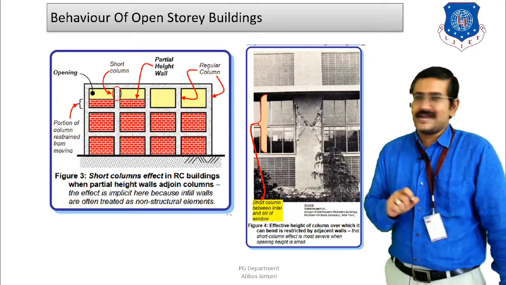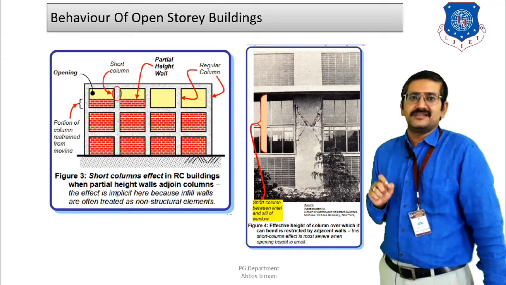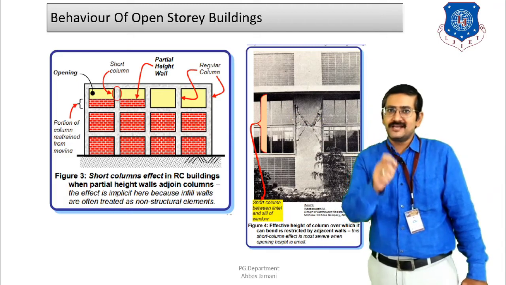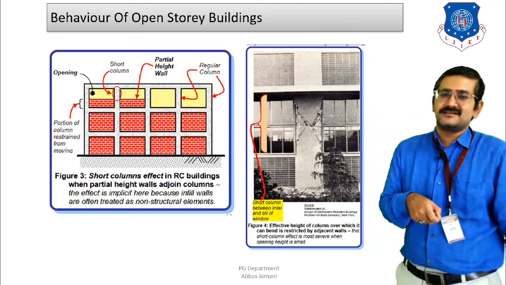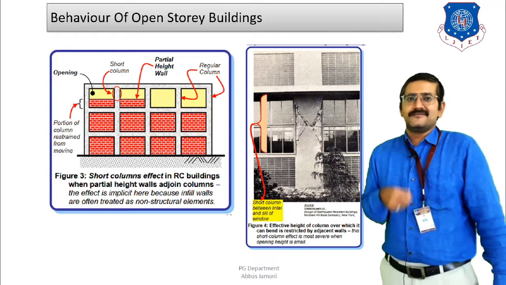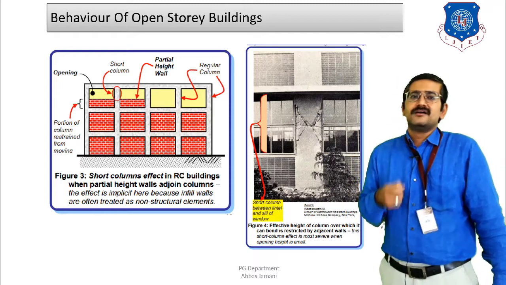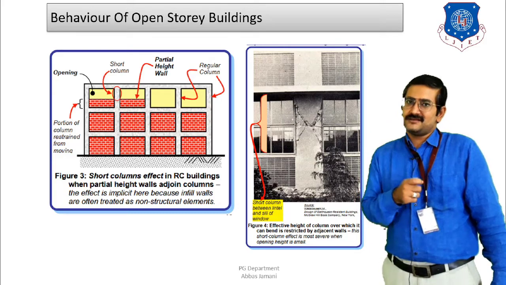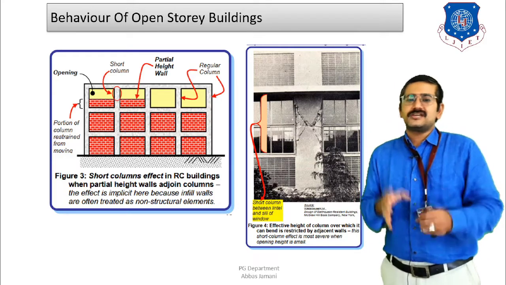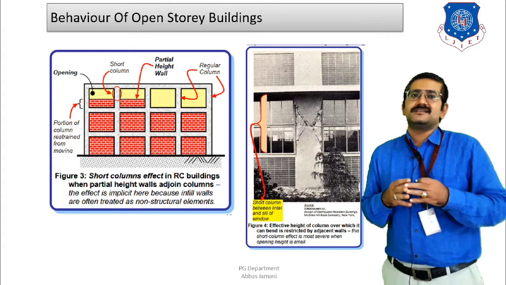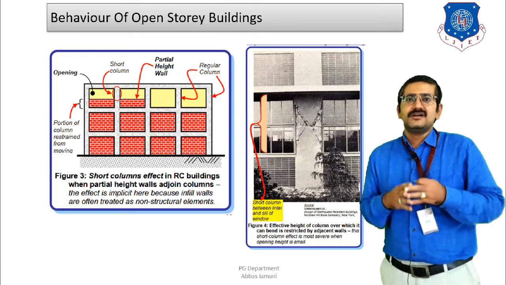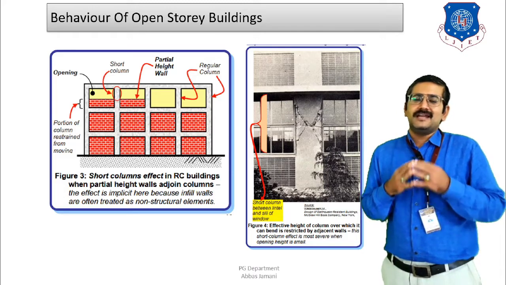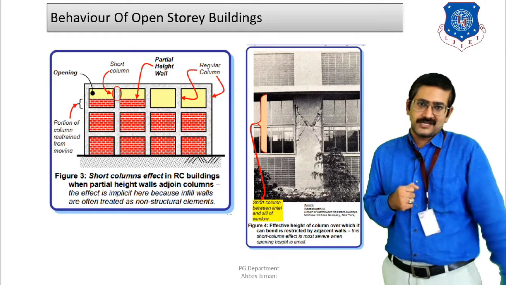And whenever this change in stiffness is there, the short column effect is introduced in the building, knowingly or unknowingly. This is an implicit feature that happens in the building, whether you consider it in the design office or not, but this can be studied at the time of finalizing the planning and elevation of the building itself. So you can see that mutual coordination between the architect and the structural engineer is very important in order to ensure that the performance of the building is not hampered, irrespective of any type of elevation that you propose for a particular building.